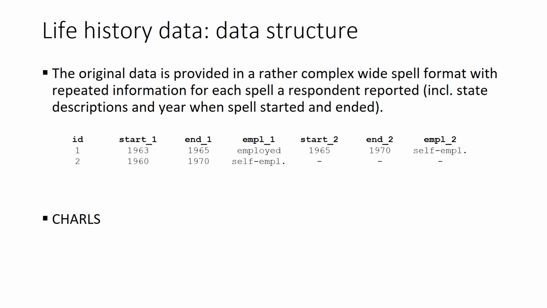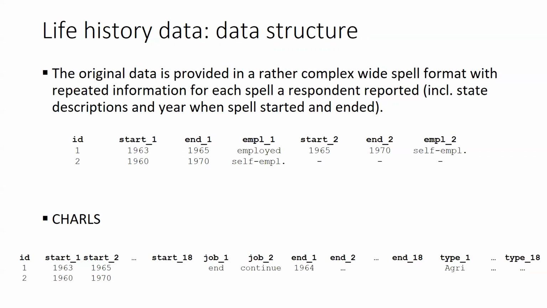The data in CHARLS looks basically the same, but a little bit different. If you look at the raw data, if you download the life histories, the non-harmonized version, you will have all the start dates, then you will have the information if a job ended or continued, then you have all the end dates, then you have all the types of up to 18 jobs. And you can imagine, if you want to know what kind of job do people have between when they were 20 and 30, for example, it's pretty complex to get this out of this kind of data,